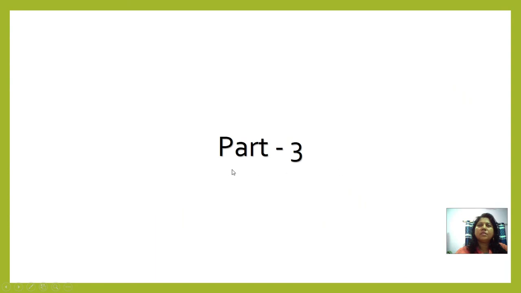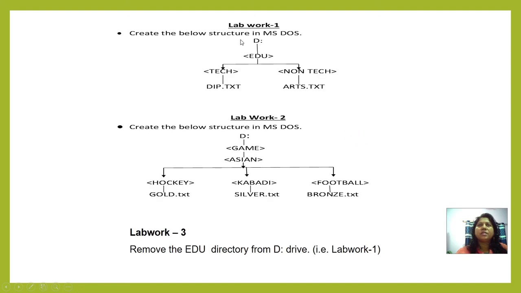So now this is the chapter 4 part 3 portion. See, this is the first lab work, lab work 1. Your question is to create the below structure in MS-DOS. On this structure the D drive is there. As you know, you have lots of drives.